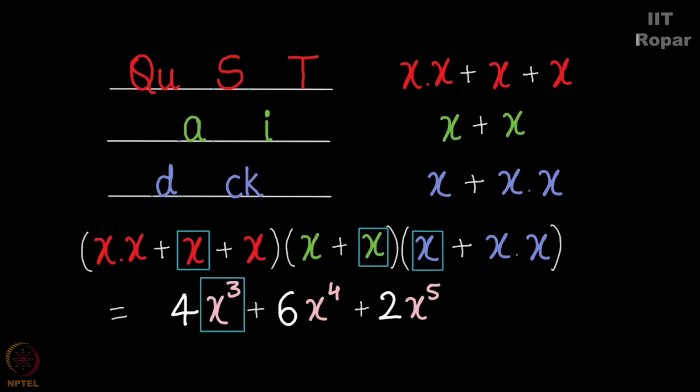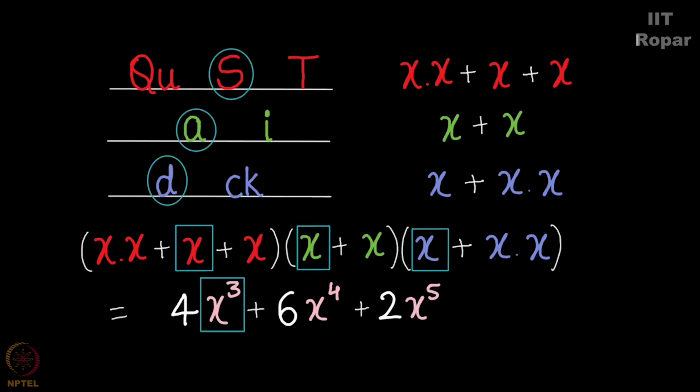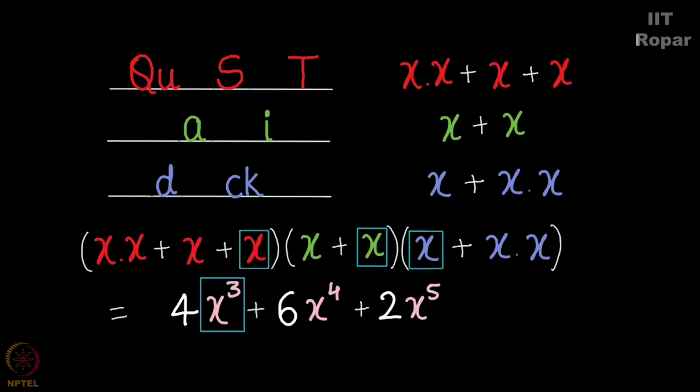Correct? So, if you observe with a keen eye, you will see that the way you get x cube by this polynomial multiplication and the total number of ways in which you can do it is precisely the same as the number of ways in which you can form a three-lettered word here, right? That is how you made a sad, a sid, a tad and a tid here. There's a corresponding way of making an x cube from this polynomial.